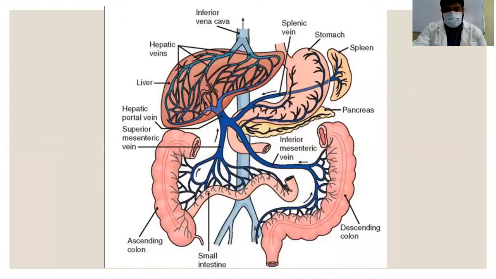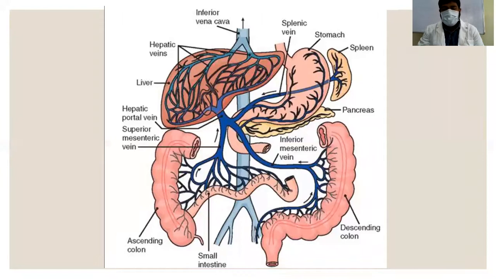This is the portal circulation. Before going into the portal circulation, let us speak about the normal circulation. What happens in the normal cardiac cycle? The oxygenated blood from the heart goes to the specific organs through the aorta, ascending and descending aorta. From the aorta, it branches and specific arteries go to the specific organs and give oxygenated blood, whereas deoxygenated blood returns back to the right atrium.